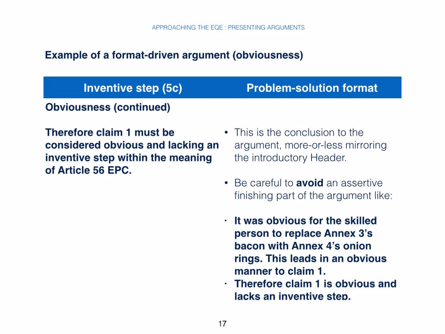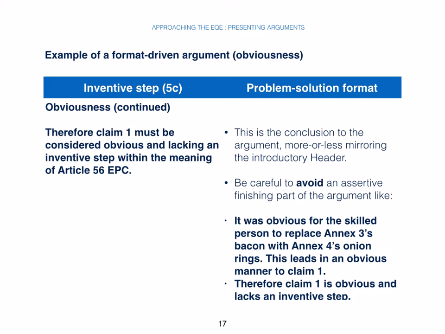Just as a guide, it's useful if you would avoid using the word obvious until the very last line of your conclusion. That's not a hard and fast rule, but it's for the safety of your